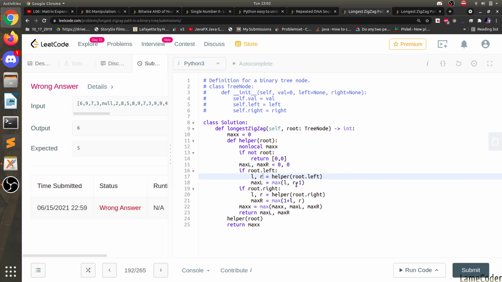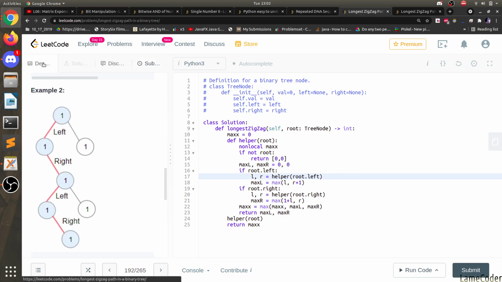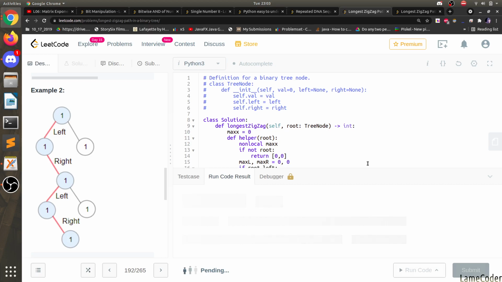We are increasing R plus 1, whatever we are getting from right. Okay, one second, let's check it again from this test case. So we are here, L comma R is, okay. Let's try to do this on the same one using max of R comma L, because, oh no, that doesn't make sense, but still,